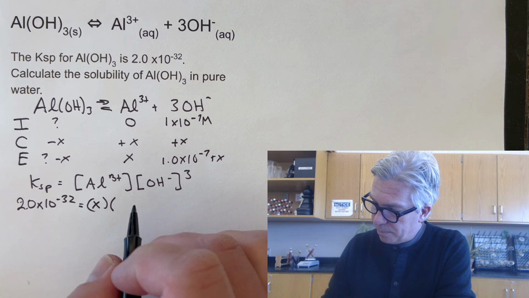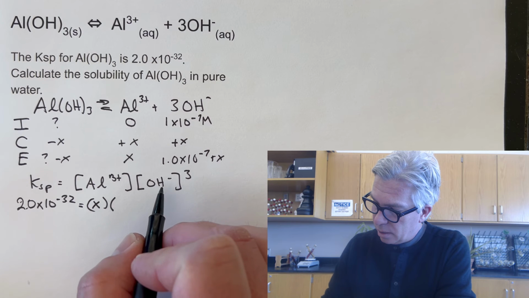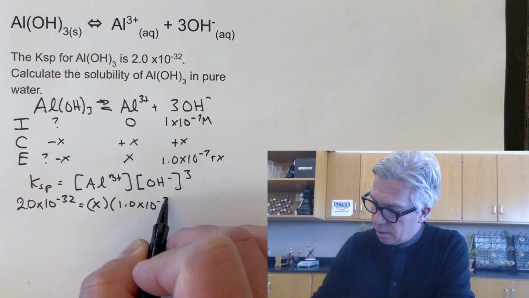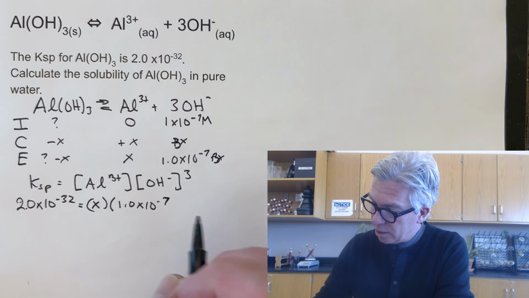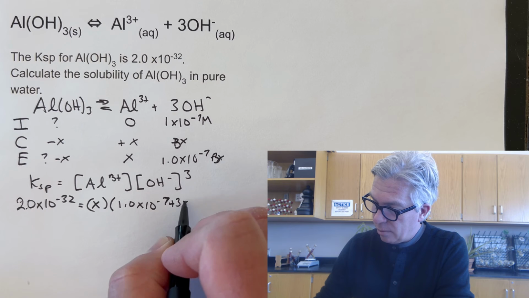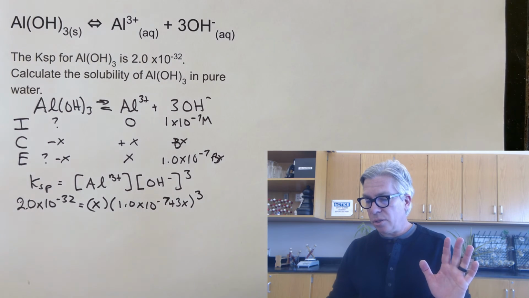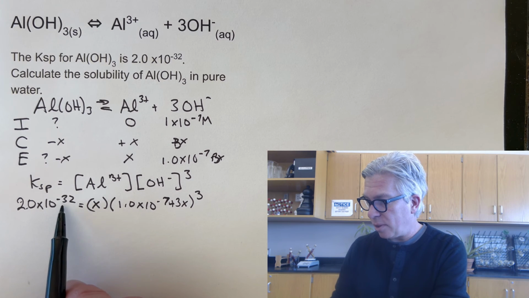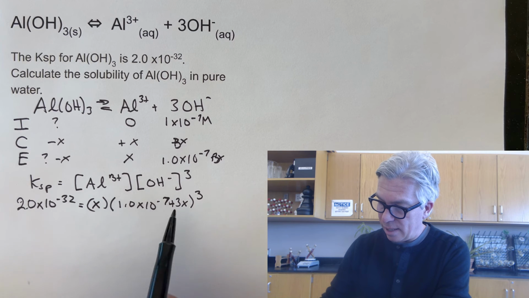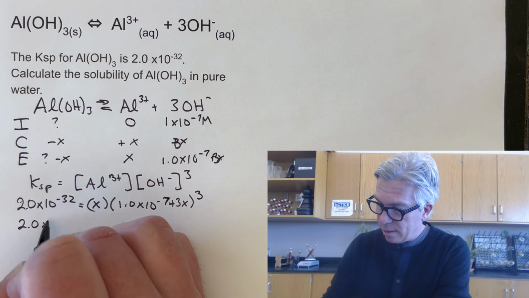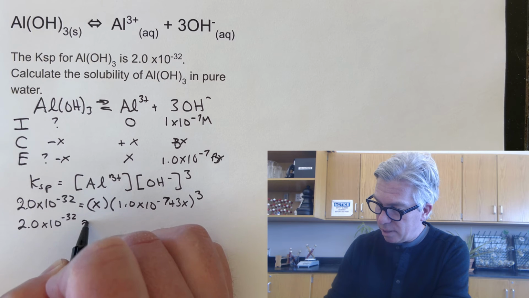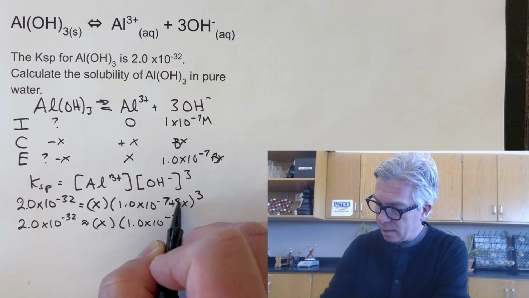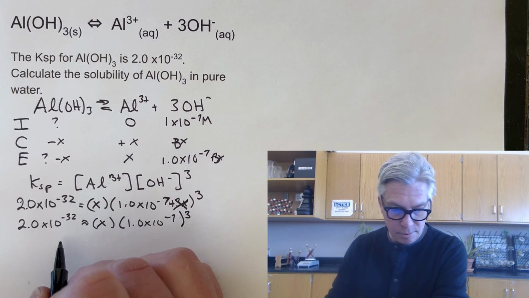And we're going to do 1 times 10 to the minus 7th. Sorry, I missed the 3x. So I went back and changed it, though. So plus 3x, and we're going to cube that. Okay. So can I make the assumption here again? Yes, I think I can, because there's 25 factors of 10 difference between those numbers. I think I'm pretty okay with saying this is going to be approximately equal to x times 1.0 times 10 to the minus 7th. Get rid of the 3x cubed, and I end up with an x value